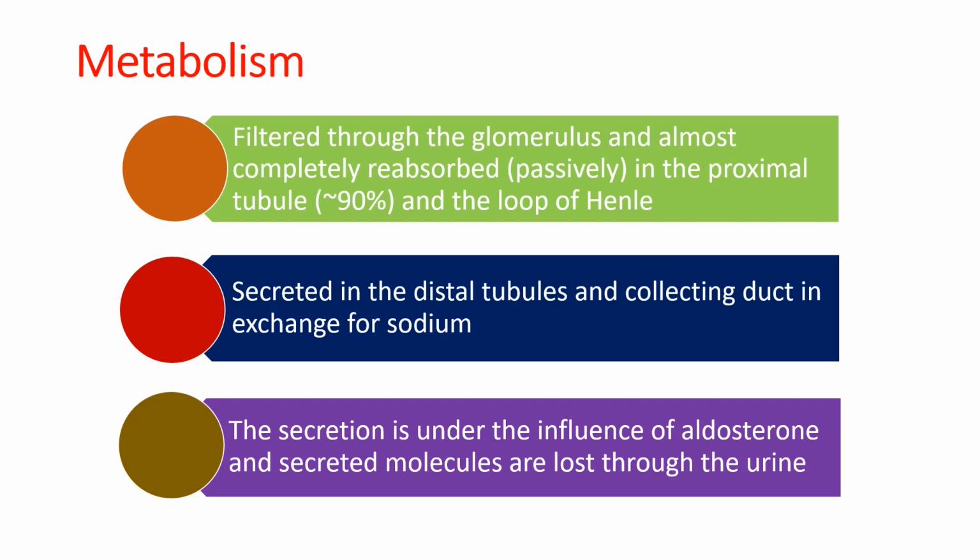In contrast to what happens in the proximal tubule, the secretion in the distal tubule is usually in response to the aldosterone effect. So, the presence or absence of aldosterone will determine how much potassium will be secreted in the distal tubule. Also, a higher circulating aldosterone concentration will mean that a lot more potassium will be secreted. In essence, any physiological or pathological condition that affects aldosterone concentration will also affect the amount of potassium that will be secreted in the distal tubule.